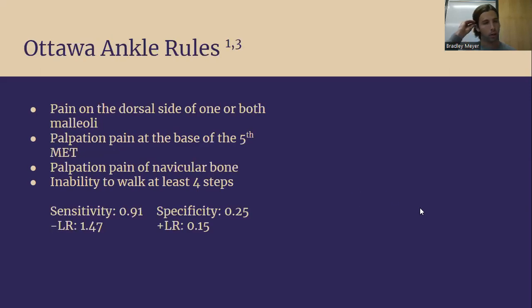So then to differentiate an ankle fracture versus just a sprain, these are the Ottawa ankle rules. Pain on the dorsal side of the medial and lateral malleoli, pain at the base of the fifth metatarsal, and pain upon palpation of the navicular bone. The first bullet point is more looking at an ankle fracture, and the second and third bullet points are more looking at a midfoot fracture,